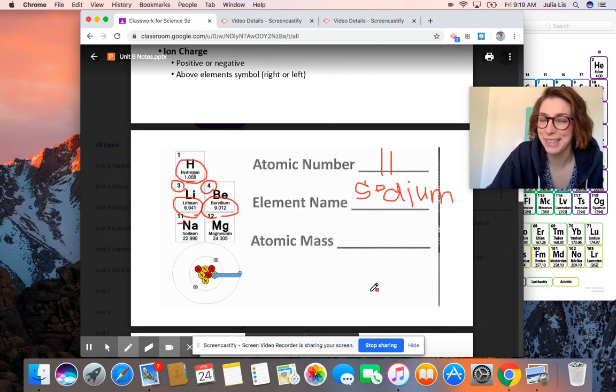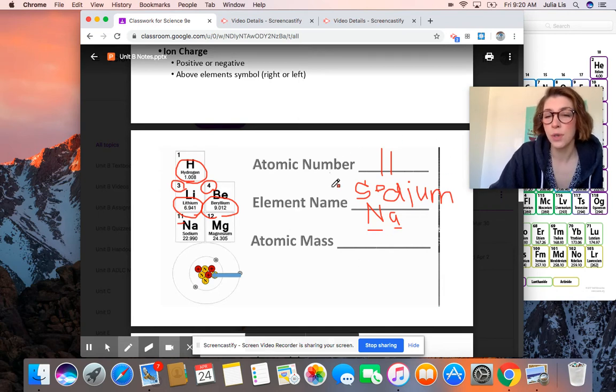Sodium, if you can read that. But then its symbol is actually Na, capital, lowercase, okay? Sodium is rooted in Latin. The symbol is rooted in Latin, so it's not going to be SO, okay? Then its mass is going to be 22.990,